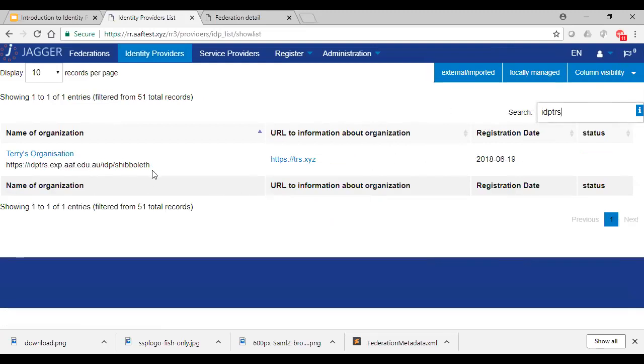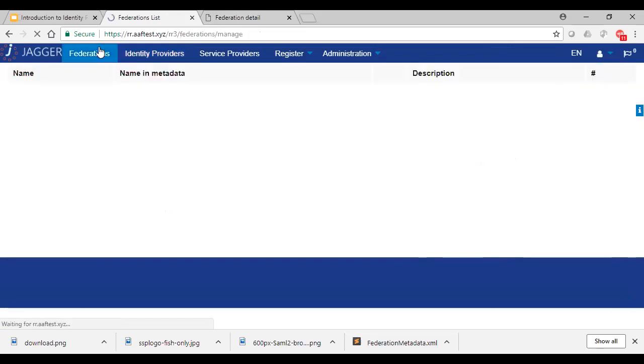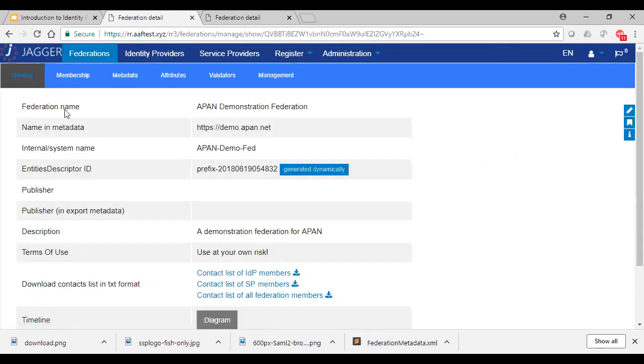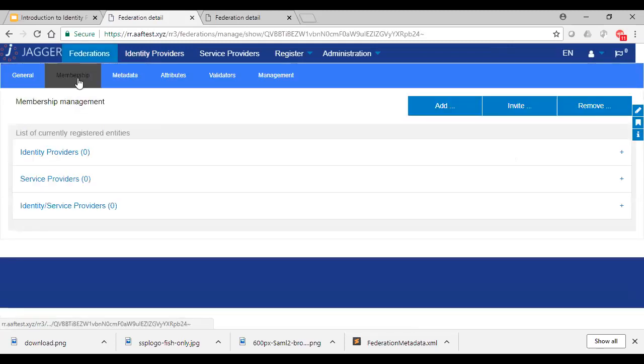And there it is. And it's sitting there, but it's all sitting there by itself. It needs to be added to a federation. So the next thing we can do as a federation operator, I can look at the membership, and I can directly add, or I can invite an identity provider to join my federation. For now, I'm just going to add that